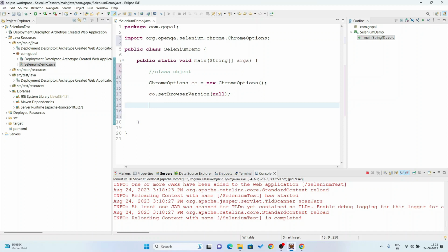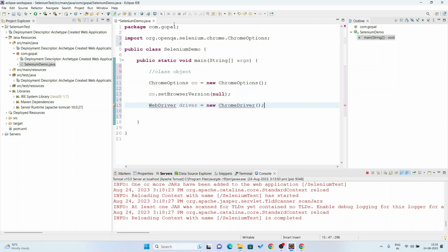So write here WebDriver equal to new ChromeDriver, ChromeDriver, and